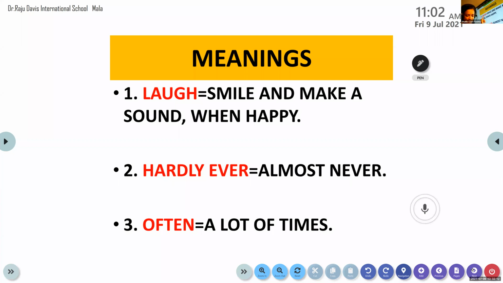So I want everybody to take page number 11 of their textbook, page number 11. I think you all are already there, right? The first word, laugh. The meaning is smile and make a sound when happy. My dear students, I want you to have a look at your textbook. See here, it is written to show,